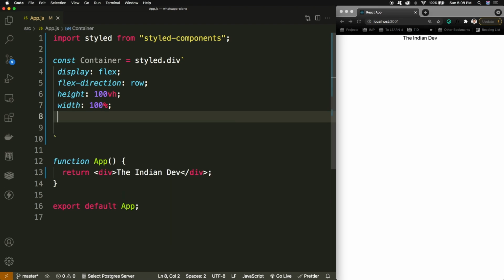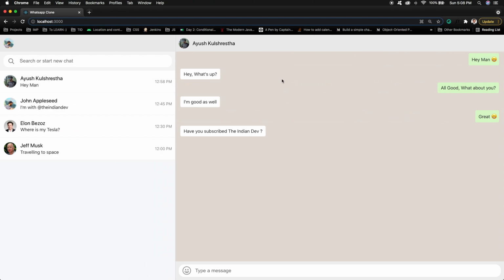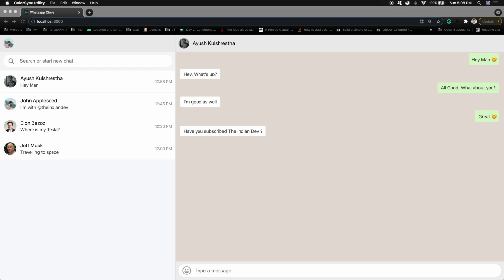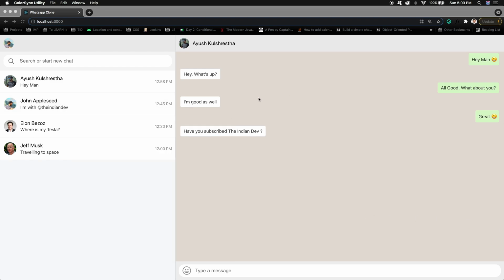Other than this, I can define some sort of background color. If you wonder how to define the background color without having any design perspective, I'm using a tool, or if there is any tool available in your OS that is used for color picking, you can definitely use that color picker to identify the color code.